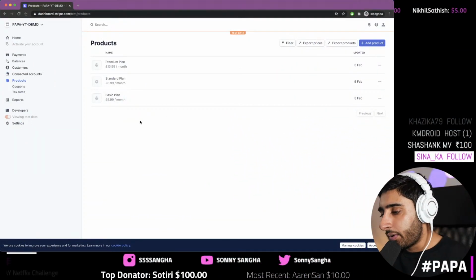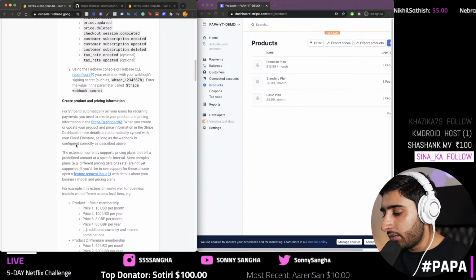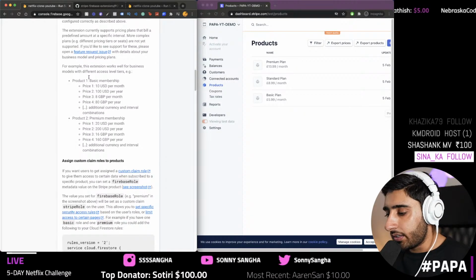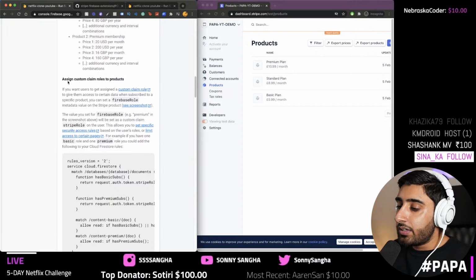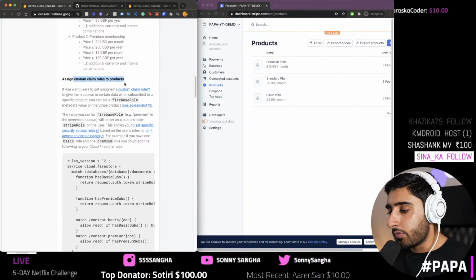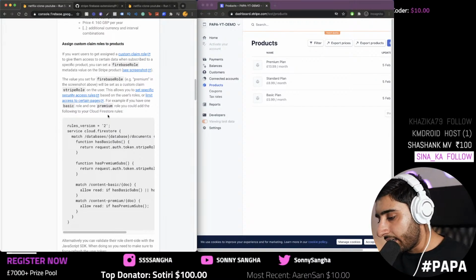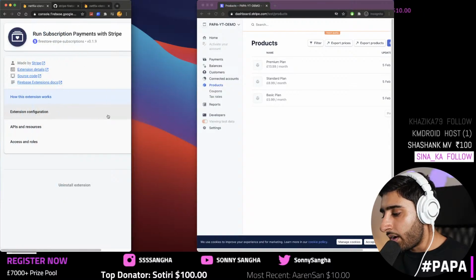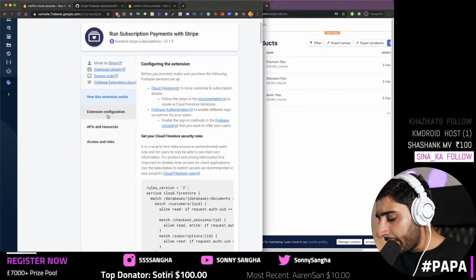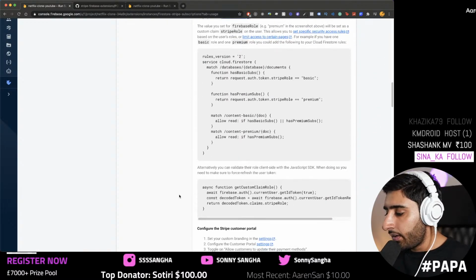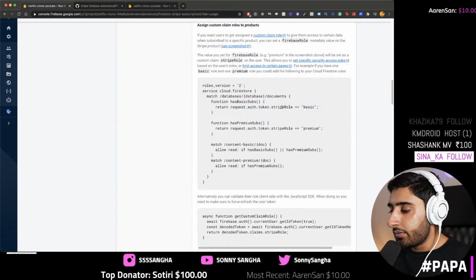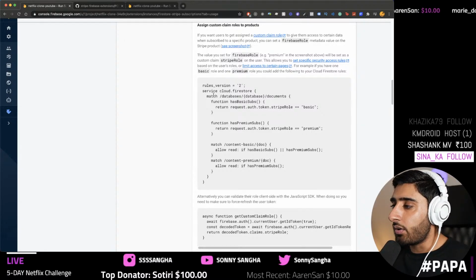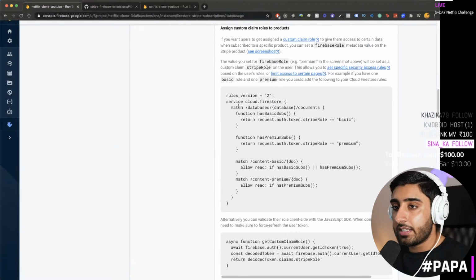So here we have the products set. This is really nice. Now we can look down and you've got everything set up. We've done this bit. The next thing you can do is add custom rows to products. What this will do is allow you to have, and what's really cool about this one is it will go ahead and upgrade. For example, this is our Firebase function rules. I don't usually go over rules a lot, but what tends to happen here